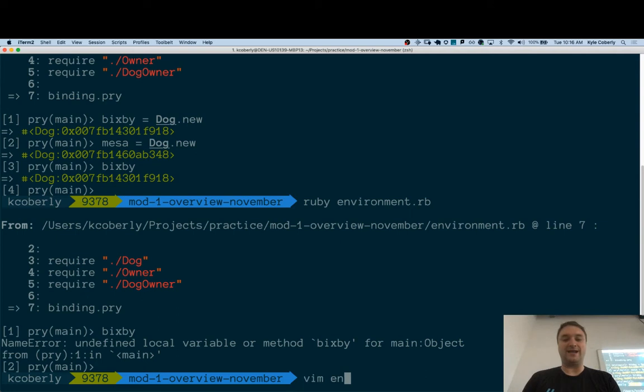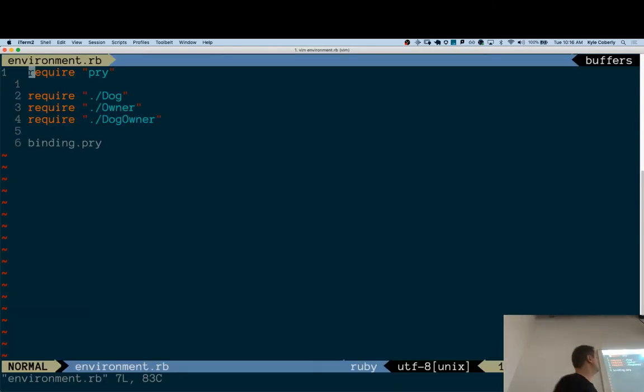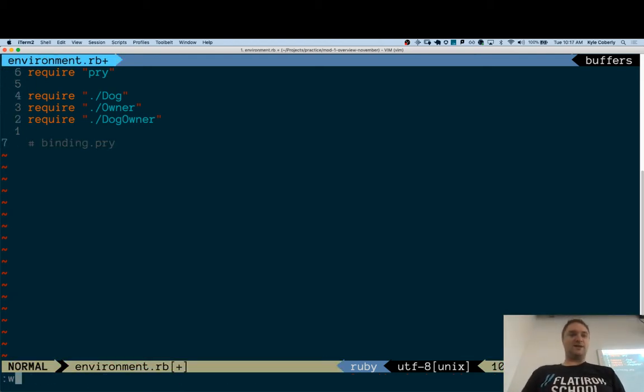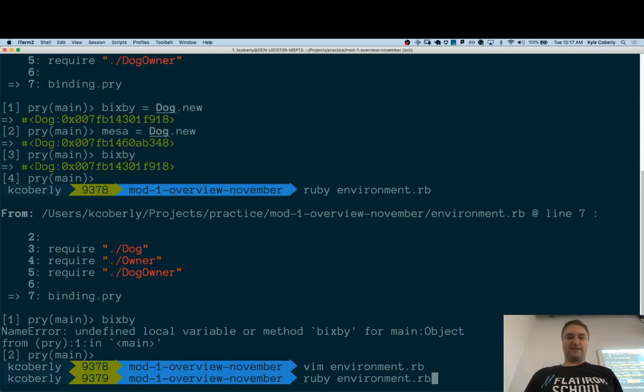Absolutely. And let's take a look at how I did that. I included it. I didn't write pry. Pry is something somebody else wrote. It's magic Ruby stuff. But once it's installed, I can use it in my application with require pry. And whenever I type binding.pry, it stops running the code and lets me type whatever I want. Check out what happens when I get rid of it, or just comment it out. If I run that same file,